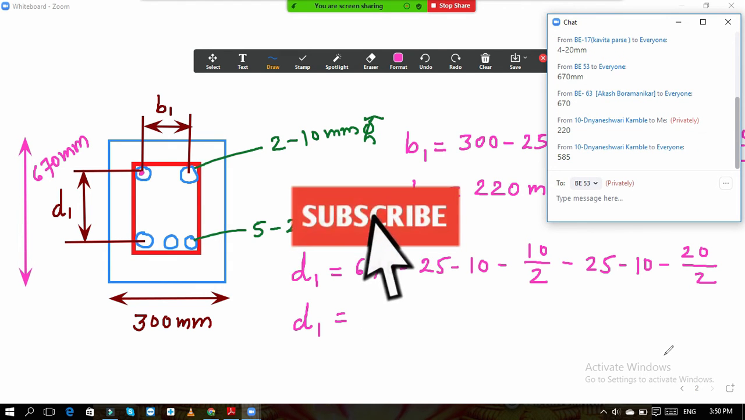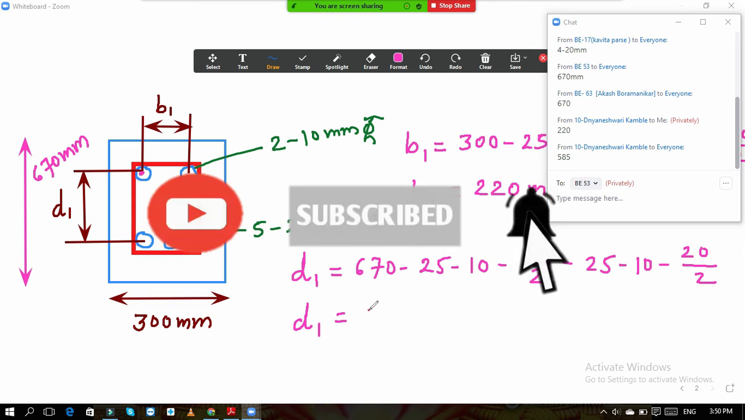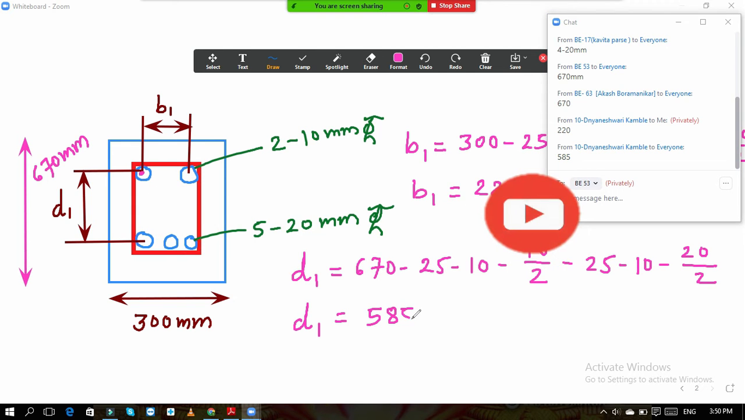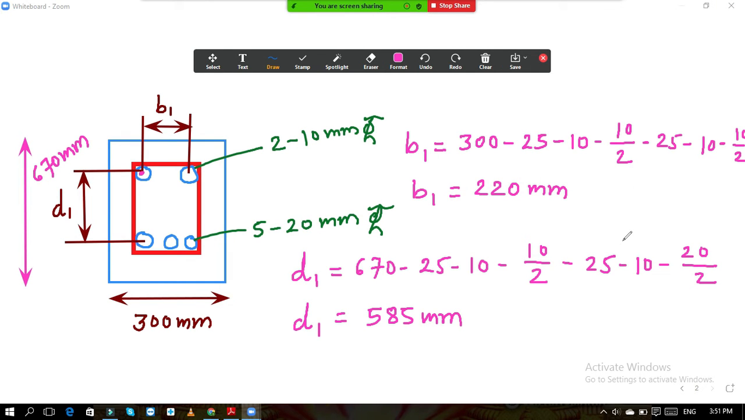585 is the answer. Okay, 585 mm. So now we got the values of B1 and D1. Now we will proceed and use the formula which is given in the IS code on page number 75 to calculate the spacing. So now moving further, ASV is equal to, the formula is